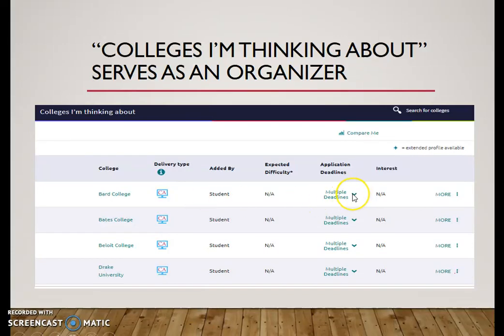When you're on Naviance, you can find out when their deadlines are. And then you can click on more to learn more about that college and different requirements that are necessary for you to apply. Whether you need an essay, whether you need SAT 2 subject tests, whether you need a letter